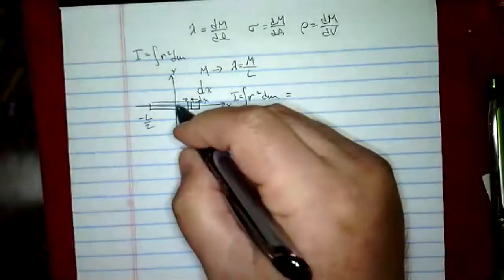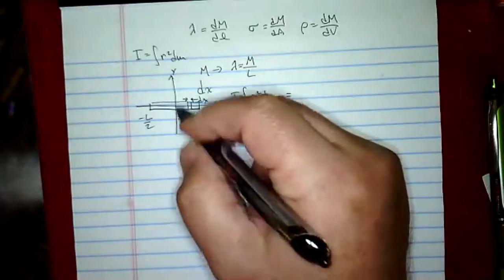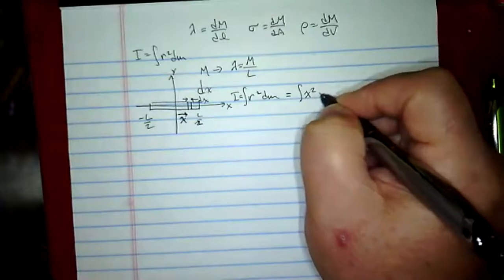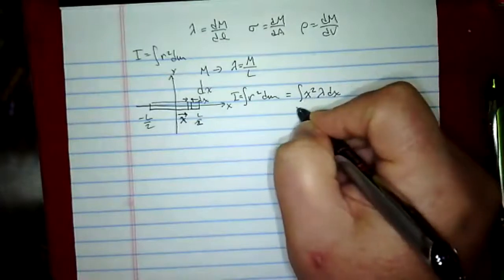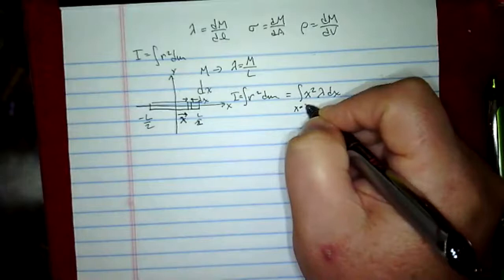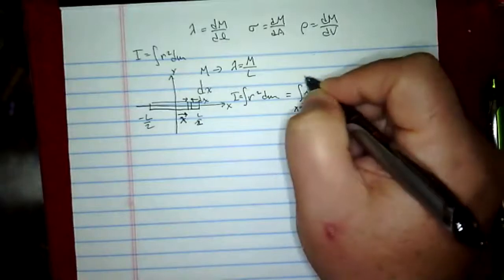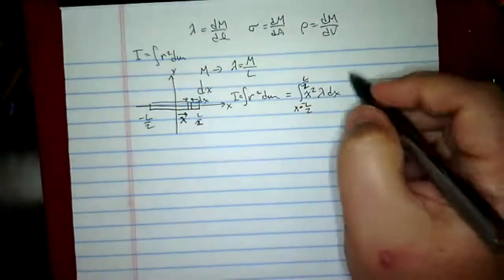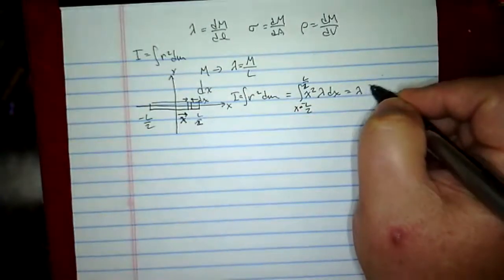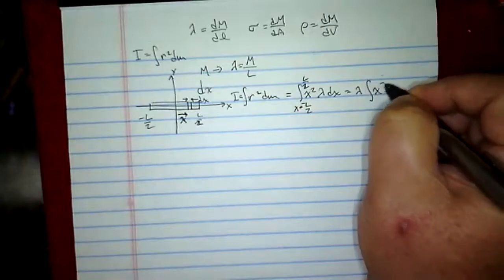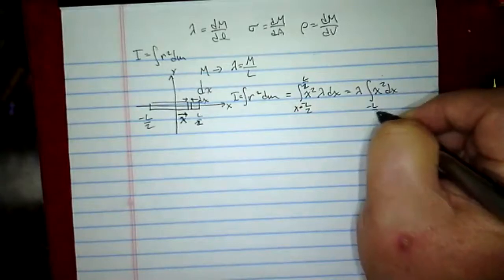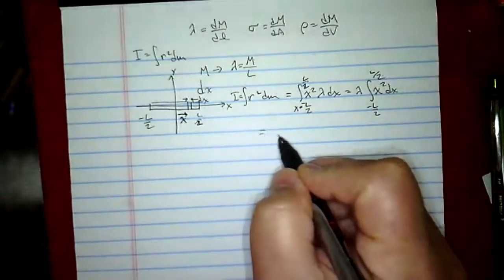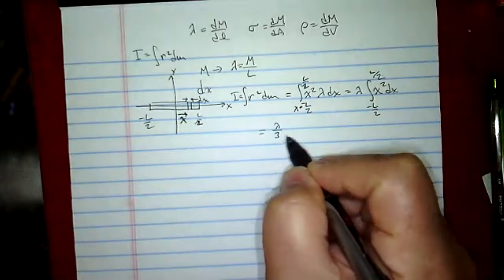And the r, the distance away from the axis of rotation, which is this axis right here, is just plain x. So I'm going to write the integral of x squared lambda dx, and I'm going to integrate that from x equals negative L over 2 to L over 2. As you can tell, the lambda can come out in front. I'll just get lambda times the integral of x squared dx from negative L over 2 to L over 2. That integrates nicely to lambda over 3